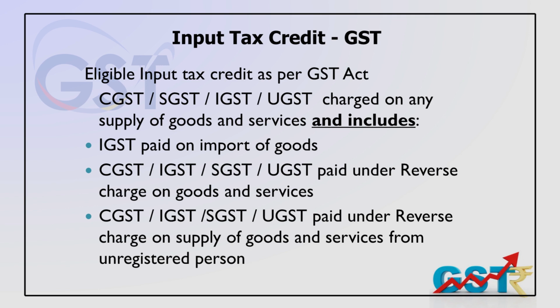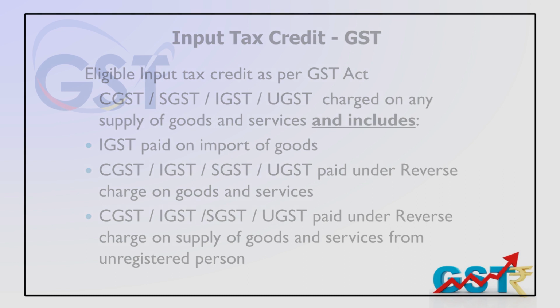That means you purchase certain goods or raw materials, so you should have a proper invoice, and a proper invoice means mentioning all the details: your GSTN number, that person's GSTN number, the value of the goods, the volume of the goods, the SAC code or the HSN code, the category of the goods, the gross value, the tax value, whether it is IGST, CGST or SGST, and the serial number of the invoice, right? Properly, all these documents should be available for availing of the credit.